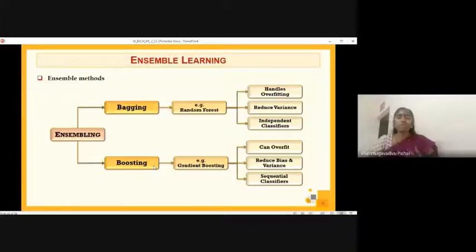You can use the models independently, and then we can try to apply them for getting the best result. As I told you, bagging stands for bootstrap aggregation. You try to get the results of different models and then combine them, so you're able to get the best optimal solution. As we talk about the features of boosting, this can help us to reduce the bias as well as variance. At the same time, it can also lead to overfitting.